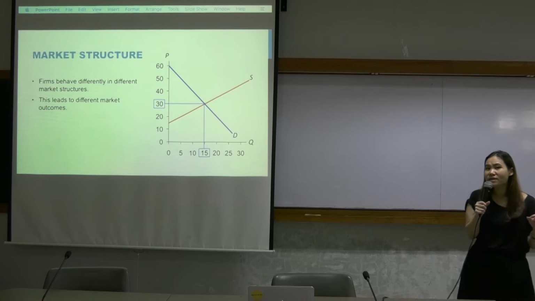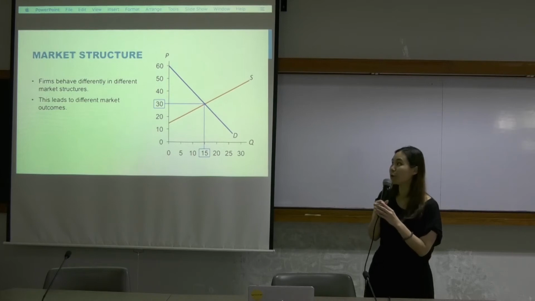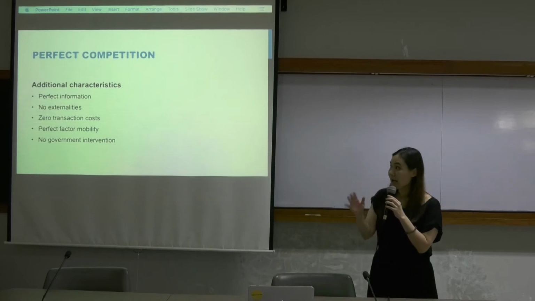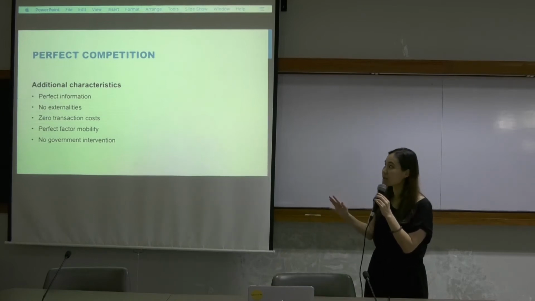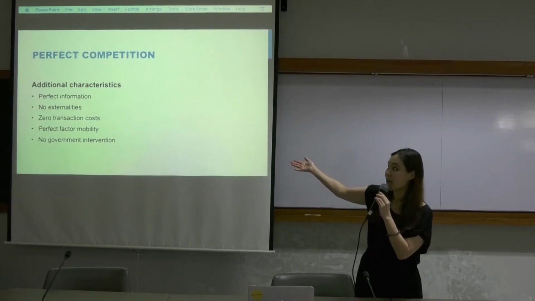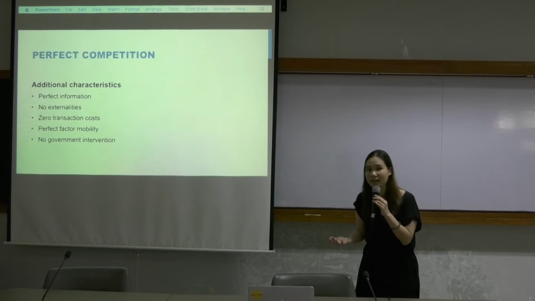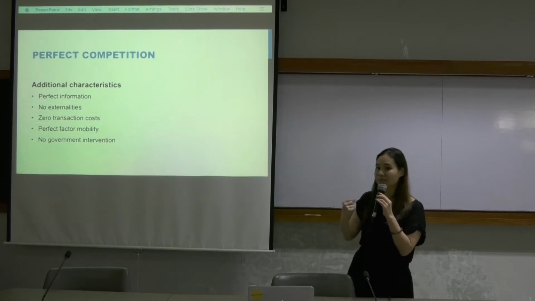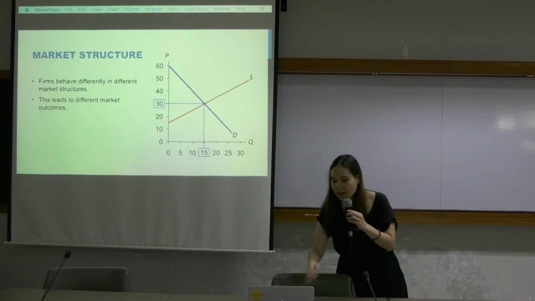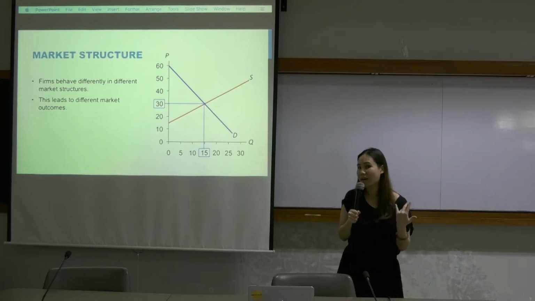Mainly, with different conditions, with different market structures, firms will behave differently. For example, if a market is perfectly competitive, the firm will behave one way. But if the market has imperfect information, then the firm will behave differently. If the firm has market power, as the firm becomes like a monopoly, the firm will behave differently. Okay? So given the same cost structure that a firm has,